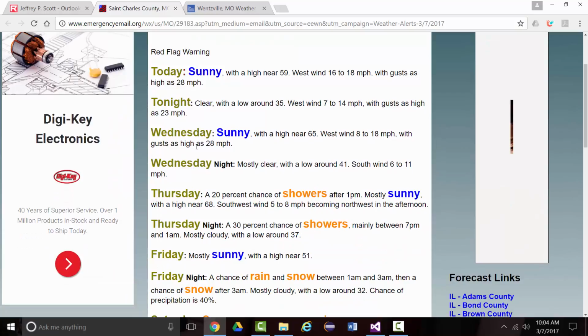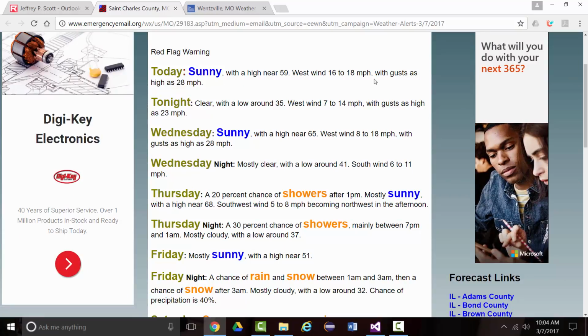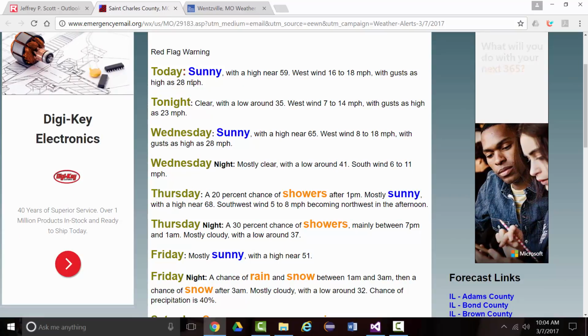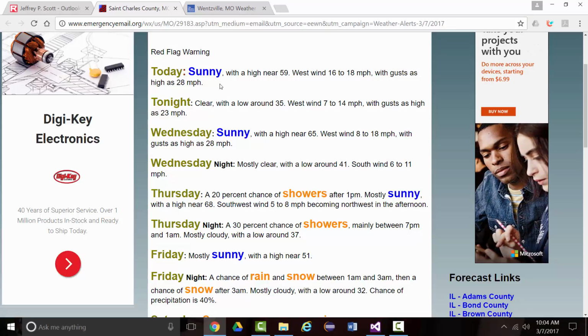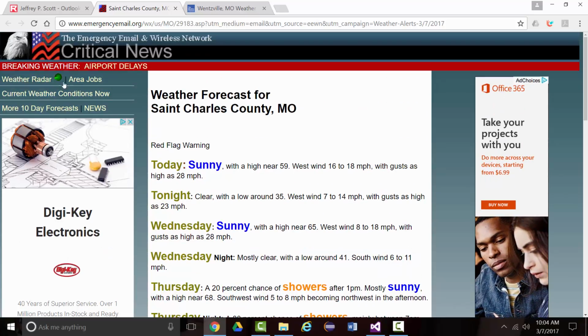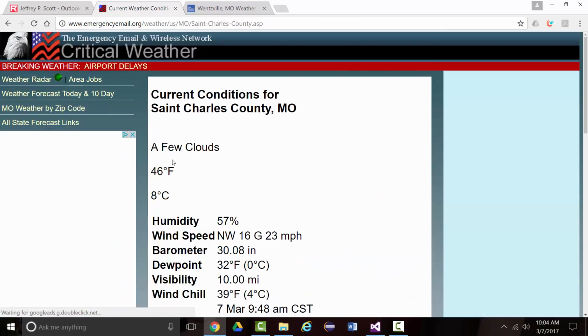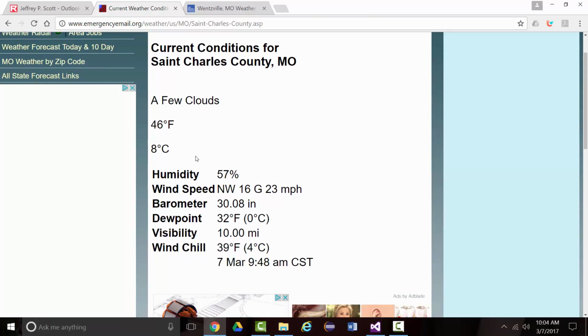Yeah, sunny with a high of 59. Windy, gusts up to 28 miles an hour, but that's all it says here. And the current conditions, 46 and cloudy. You know, it's